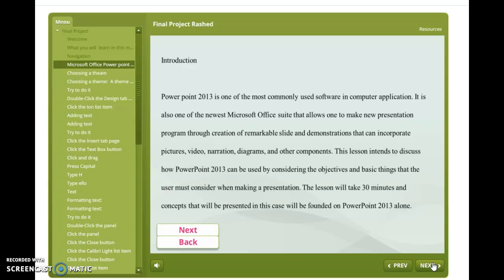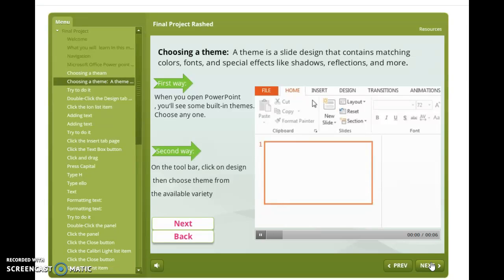Narrations and diagrams are also used in PowerPoint presentation, and this lesson will focus on the use of PowerPoint 2013 through the consideration of objectives together with basic requirements for the user in the process of making presentation. Now,